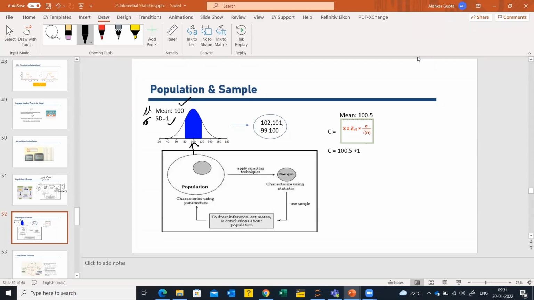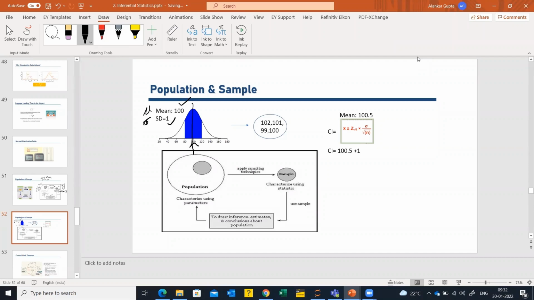So for example, if I give you some analogy, it will help you. Say for example, this mean of 100 is the average length of the piece of cloth which I am producing in my factory. And it has a standard deviation of 1, which is shown by the normal distribution here. Obviously we can say this is a normal distribution because this is symmetric. If I draw a line in between, you can see this is a symmetric plot. So you can say that this is a normal distribution.